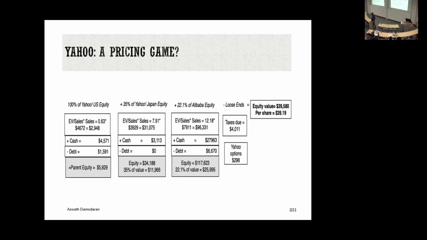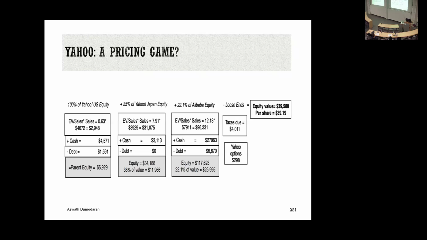I wish I could tell you that there was an easier way to do it. In fact, with Yahoo, I actually tried pricing the entire company. What does that require? I took each segment and I applied a multiple. I stayed with EV to sales. Why? Because I'm comparing a Japanese company, a Chinese company, a US company. Who knows what the accounting variations are? So I went up the income statement. I estimated what multiple of revenues I would expect each of these companies to trade at.